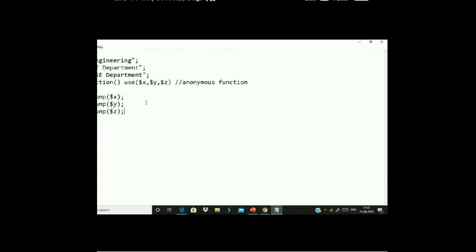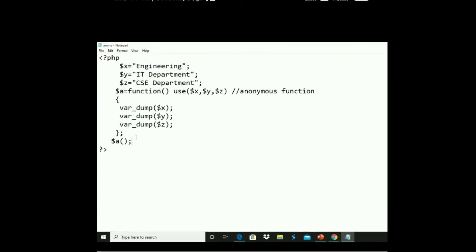I'll show you. Wait a minute. I think I should execute this also. You have an anonymous function and I have another function called skcet. Mayappan, this is for you. I have another function and echo h1, welcome to PHP class, close this.